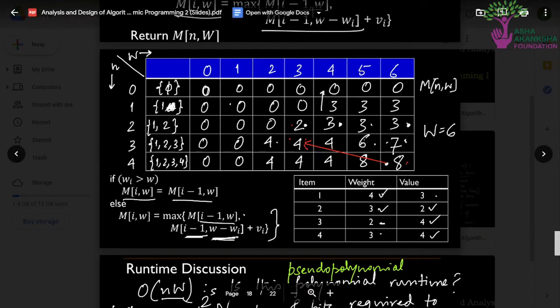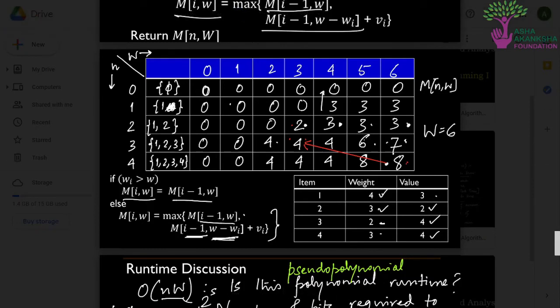If the current cell is 2 comma 3, i minus 1 gives the 1 comma 3 cell. And the w minus wi part means we have to consider these cells: 1 comma 0, 1 comma 1 and 1 comma 2. We need the values of these cells so that we can get the value of this one.